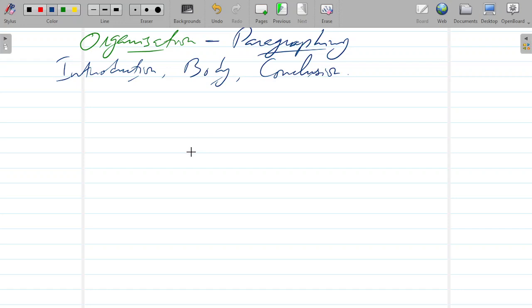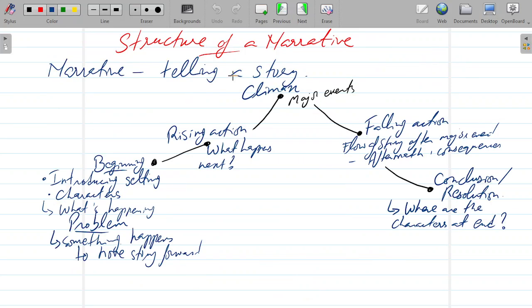How many paragraphs can you have? Technically, as many as you want, in principle, in reality, right? So, as many as you want. The thing is, what you need to be careful. So you want to have an introductory paragraph where you introduce your setting, whether it's descriptive or narrative or whatever it is, just like we talked about in the dietary writing task. You want the major details. So as far as the narrative is concerned, your beginning will be the introduction, then all of this will be your body paragraphs, and then your conclusion will obviously be the conclusion, right?